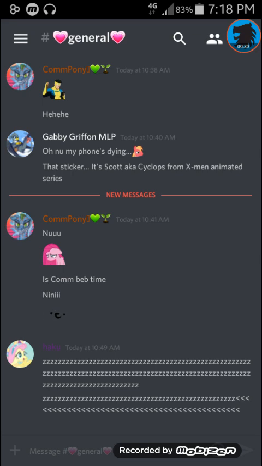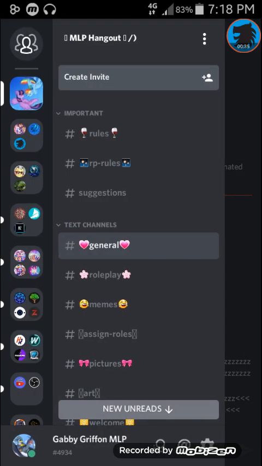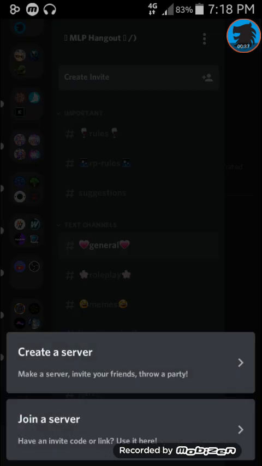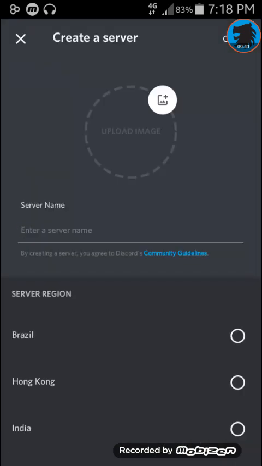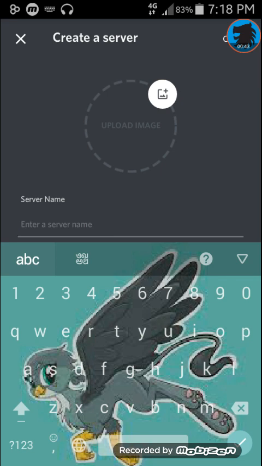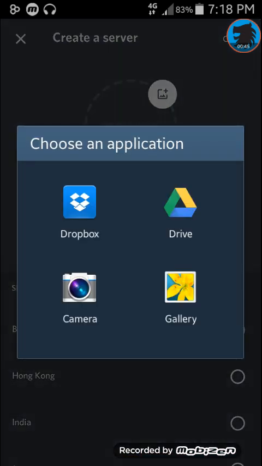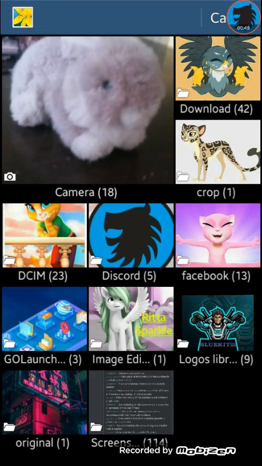With that said, let's just jump straight into it. So first step is to create a server. So let's create a test server. Click create server, and here you can choose about anything. For the image, I'll just choose a random one from my gallery real quick here,